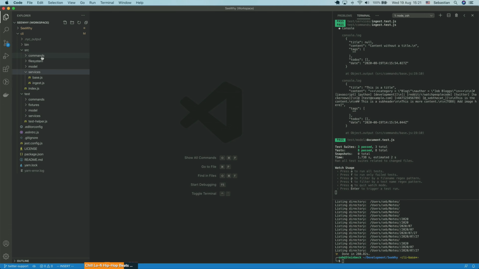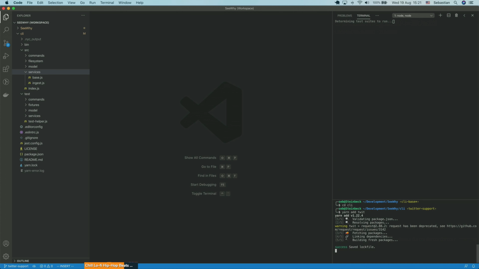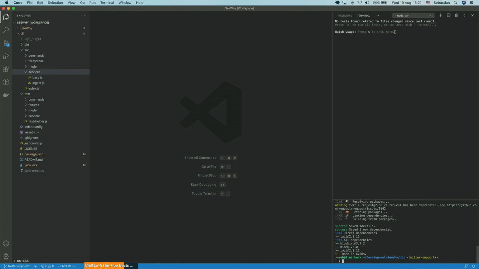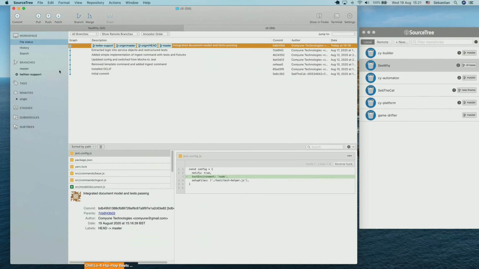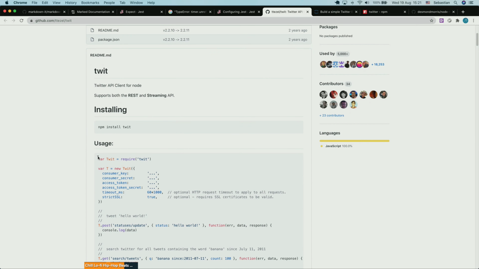First thing we're going to do here is cd into our CLI and do a yarn add twit to add the twit package to our CLI project. However, not to our Electron project, separate. Fantastic. So let's go back to this documentation and see what they suggest. Let's just copy a little bit of this